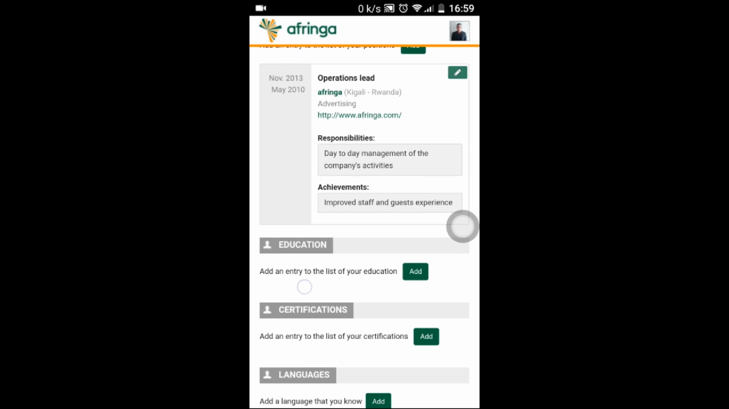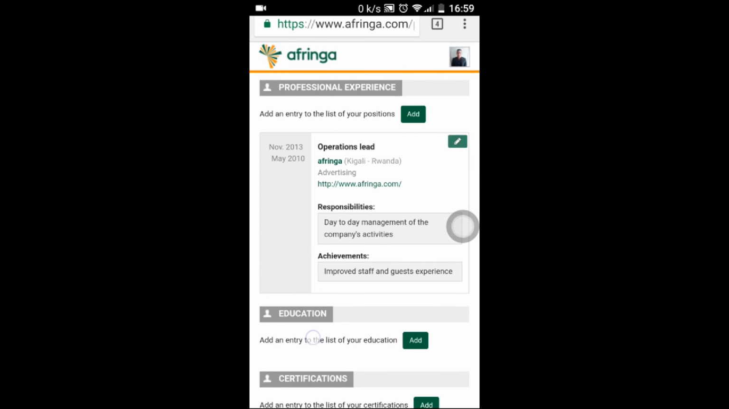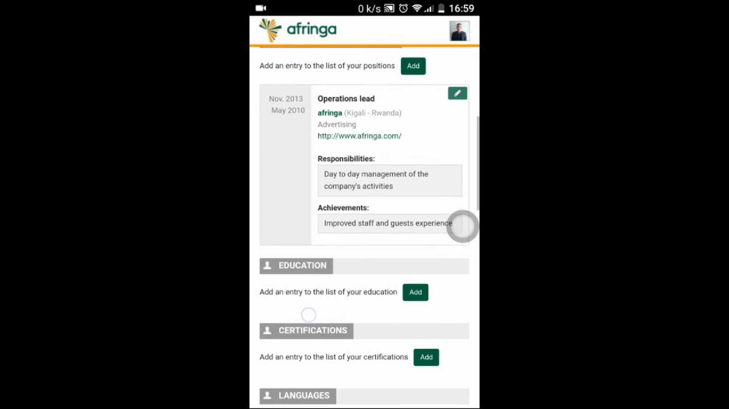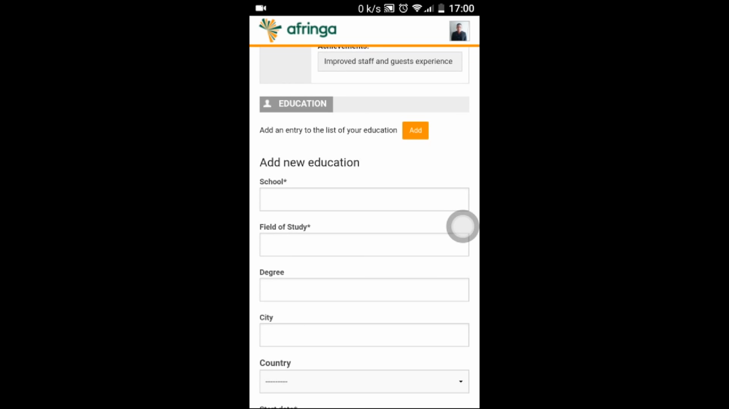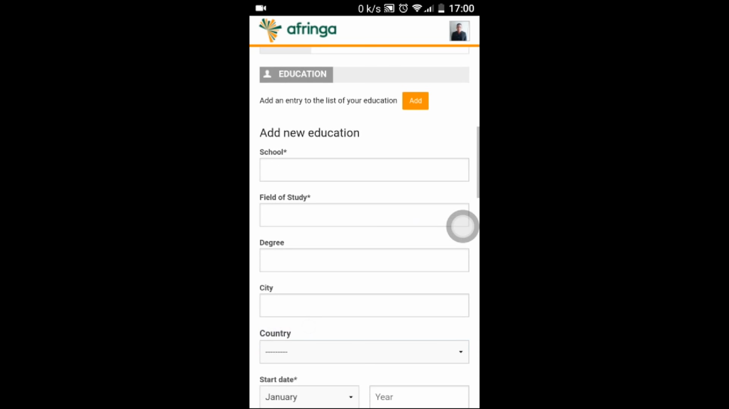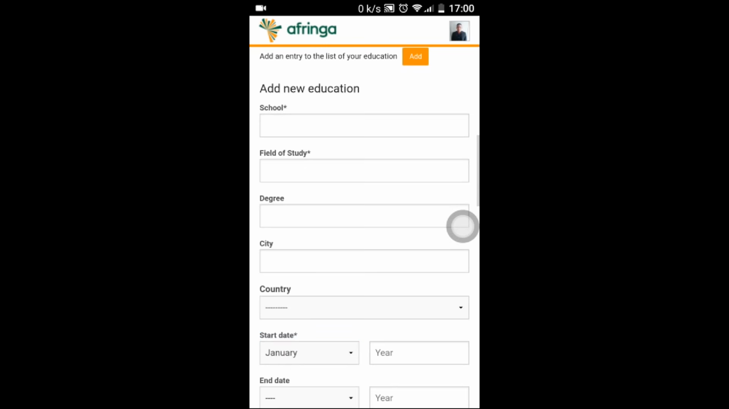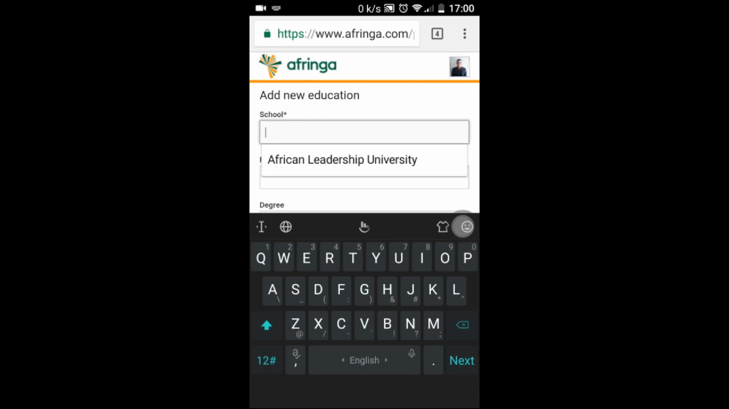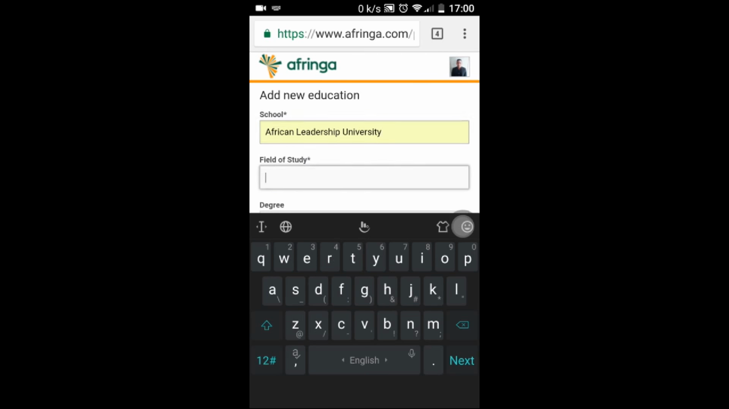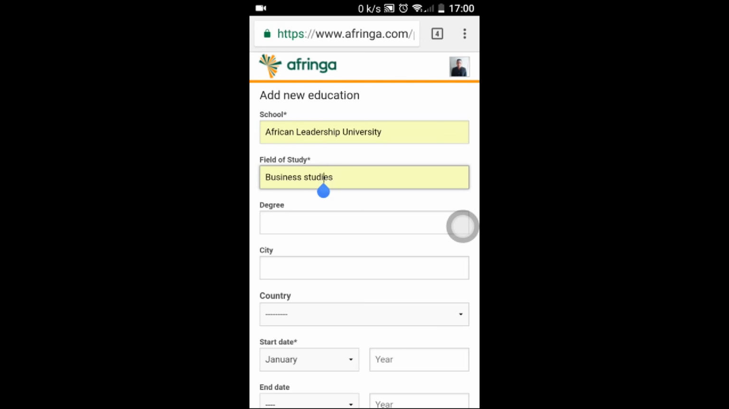The education section can be seen right under the professional experience section. And once you've seen it, please click on the add button, and it will also prompt you to put in your school, field of study, city, degree, and many others. So all you need to do is to come put in the school, let's say African Leadership University, degree, business studies, field of study,